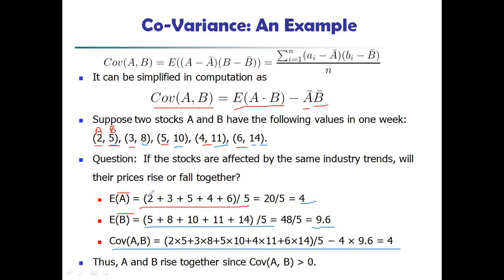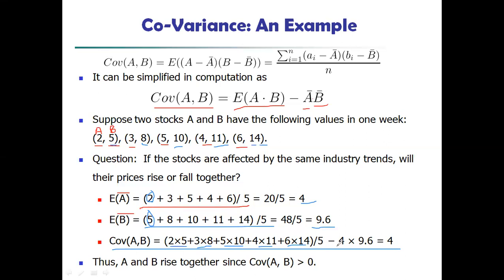So what is the a value here? A value is 2, b value is 5, isn't it? So see, 2 into 5 plus 3 into 8 plus 5 into 10 plus 4 into 11 plus 6 into 14, like that we are going to calculate, divided by 5